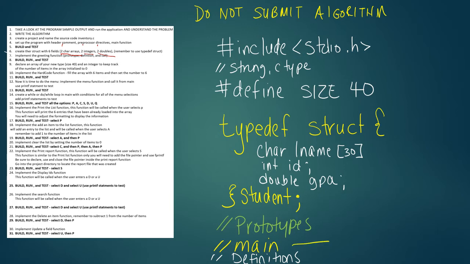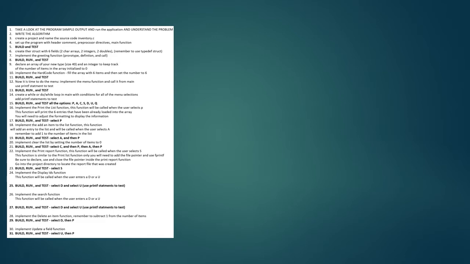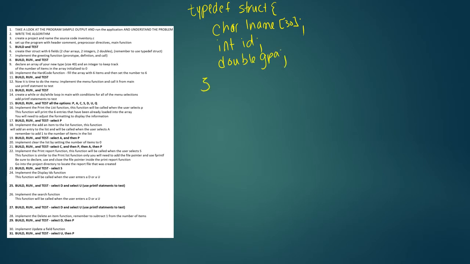So now I'm going to go to the next slide. And just to remind us that we have our struct. So as I'm continuing on here, this is not complete code, but this is our struct. We have a char last name, an int ID, a double GPA, and the name of it is student. All right, so when I'm in my main, you're going to have your prototypes and your definitions and everything, and when I'm in my main function here,